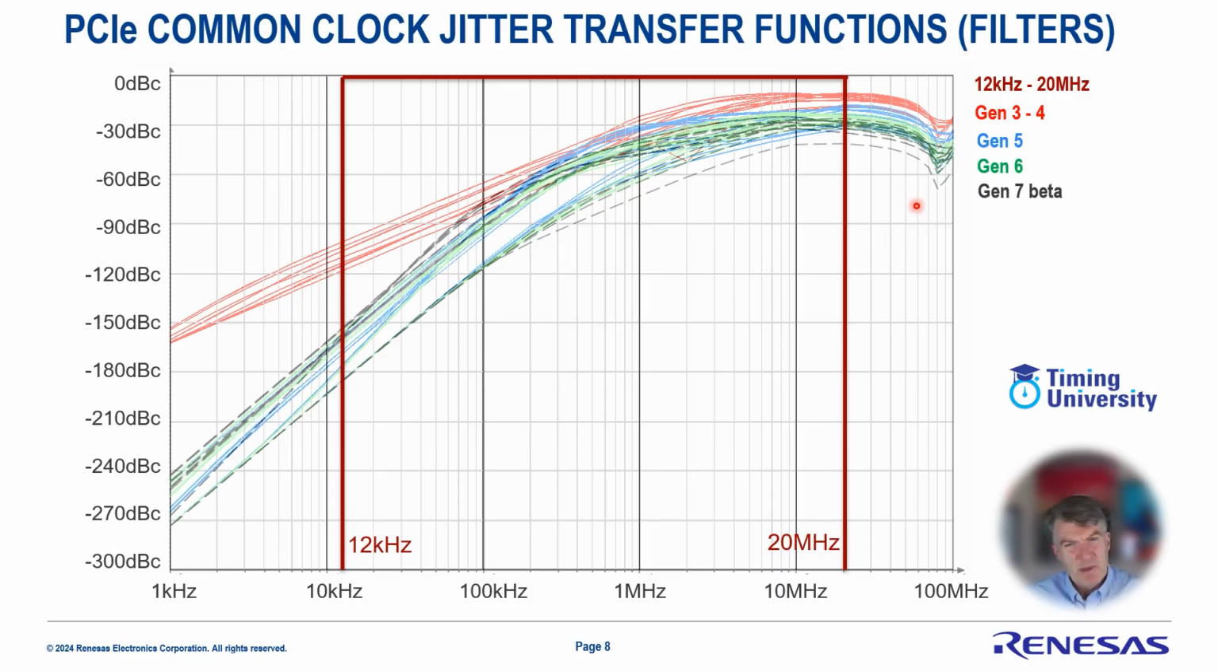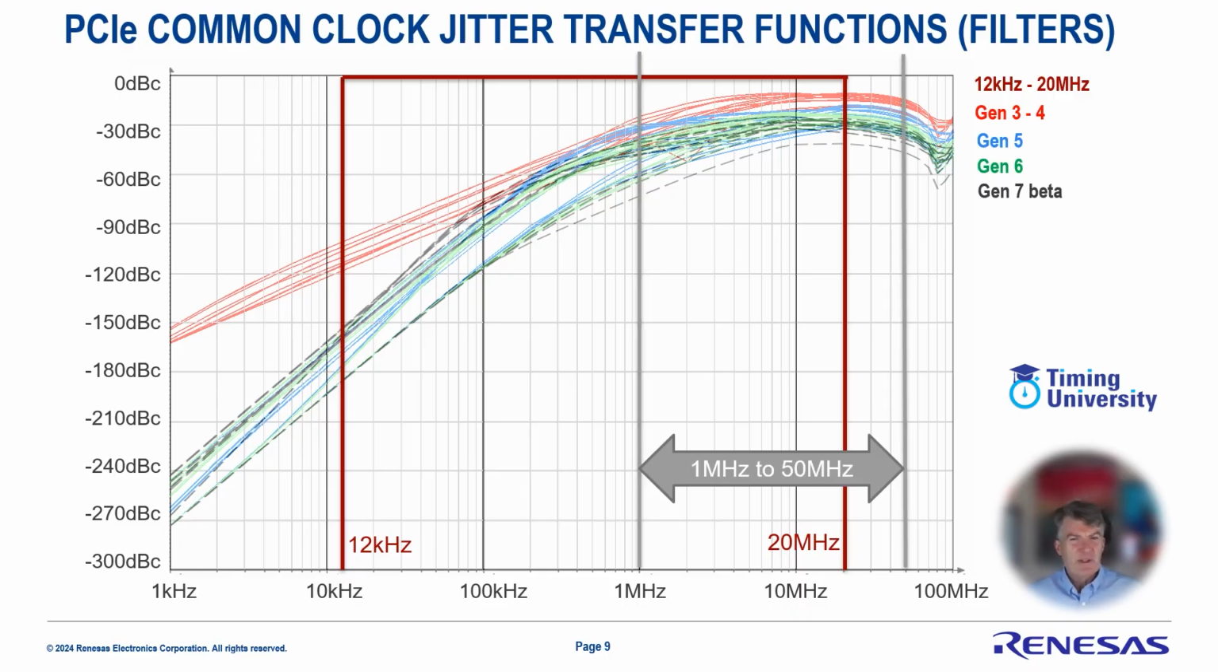But the general theme here is that as we go up in speed from Gen 3, 4 to 5, 6, 7, the peak above 1 megahertz goes down, and the attenuation below 1 megahertz is increased. But the net result is still 1 megahertz and above is where most of the input jitter from the reference clock will be transferred to the output. So we can say that PCI Express is most sensitive to phase jitter on its reference clocks that is above